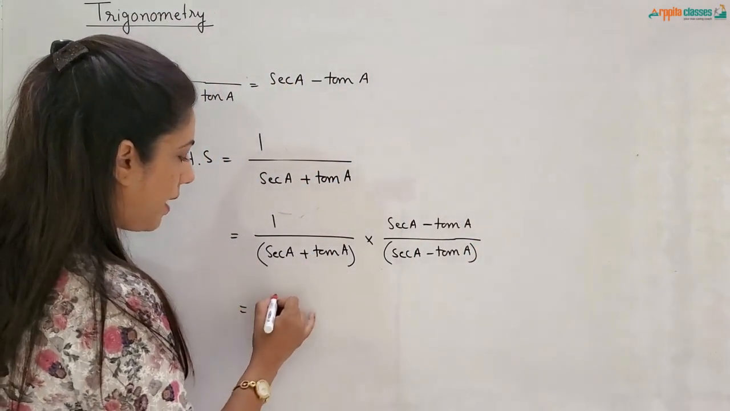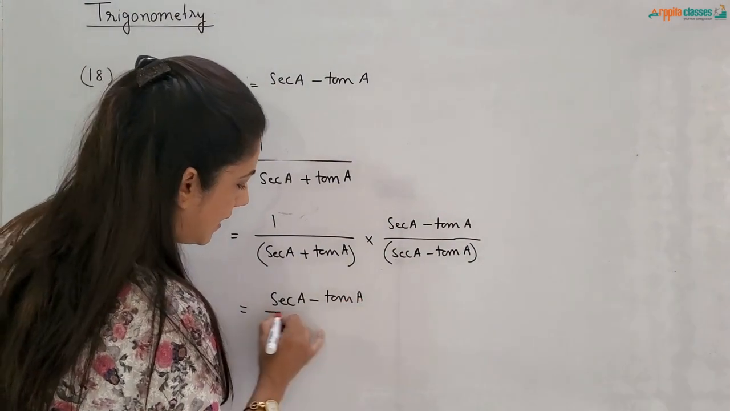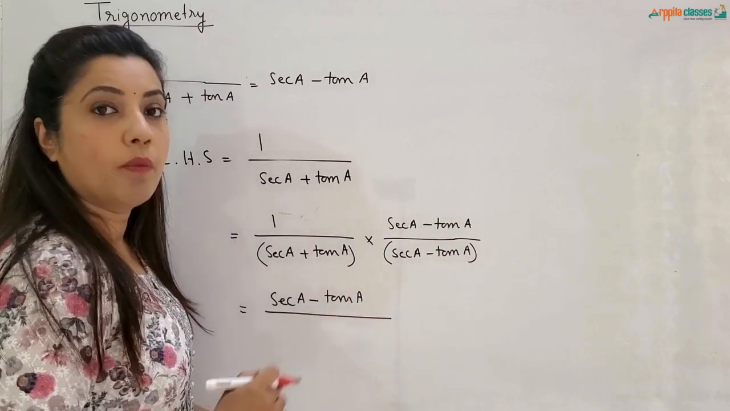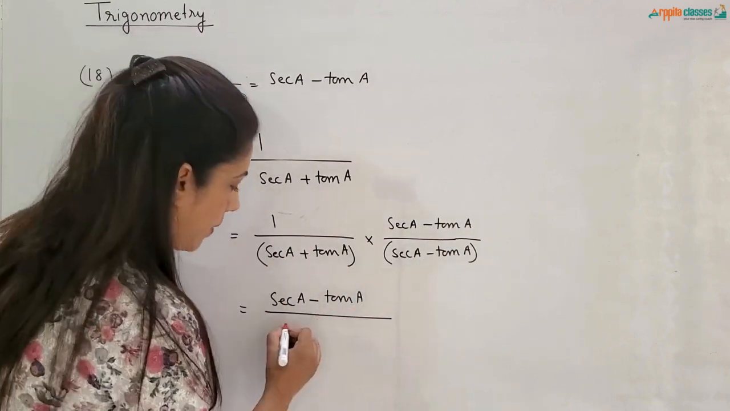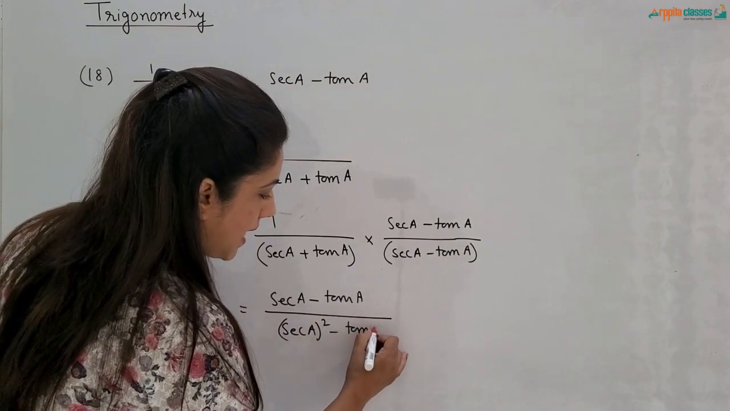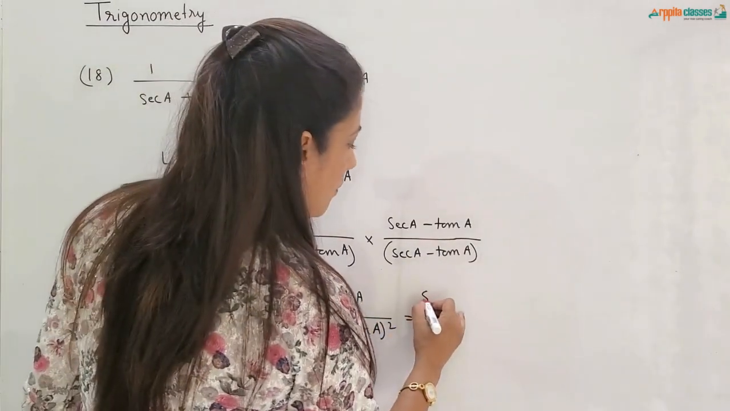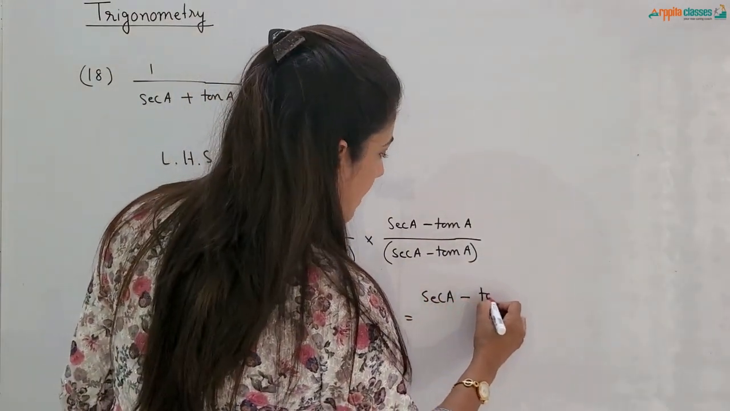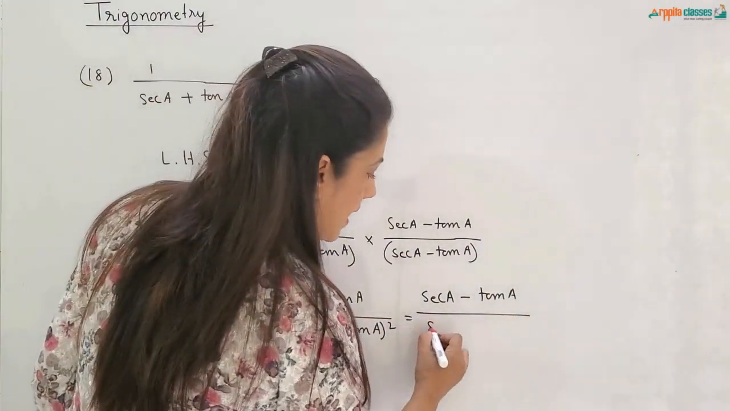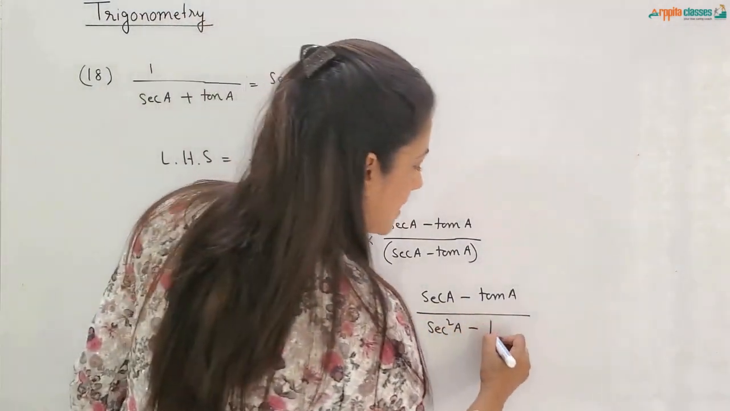Right? So in the numerator we get sec a minus tan a, and at the denominator you can check it is a plus b into a minus b, which is a square minus b square. So I will write sec a whole square minus tan a whole square. In the next step, numerator will remain as it is, sec a minus tan a. Denominator sec a square can be written as sec square a, minus tan a square can be written as tan